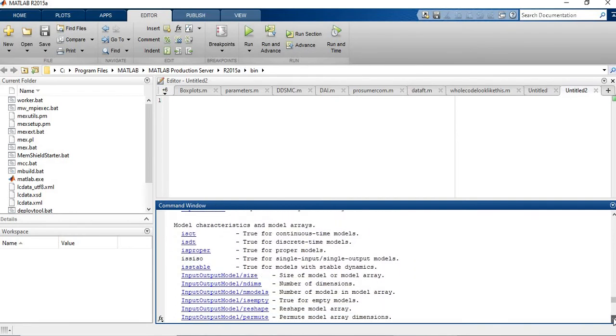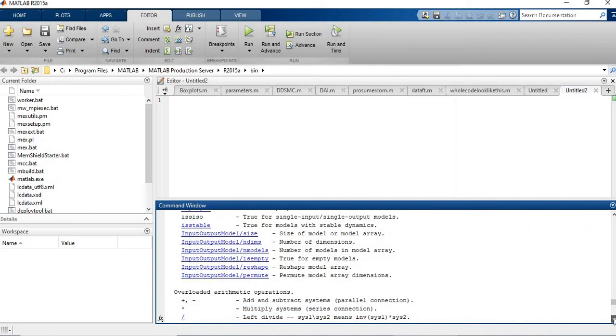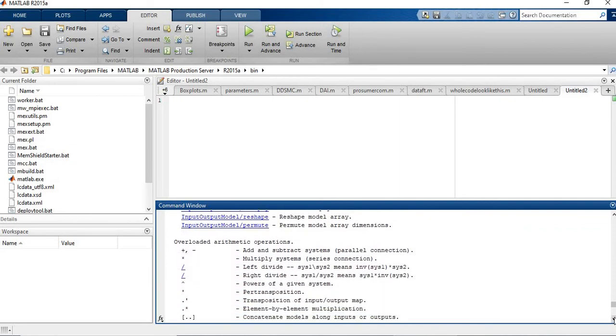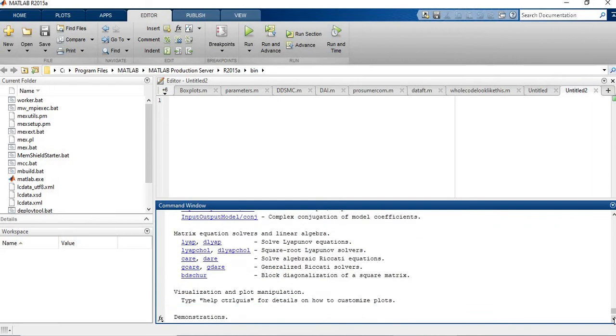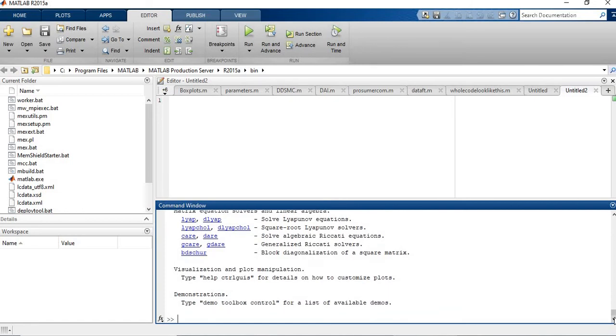So the main idea is that there are a lot of commands available, and some operations can be overloaded. This is a term we normally use when we can use an operation for other purposes as well. So there are commands. The basic idea here is that whenever you require a command to do manipulation, you just type help control